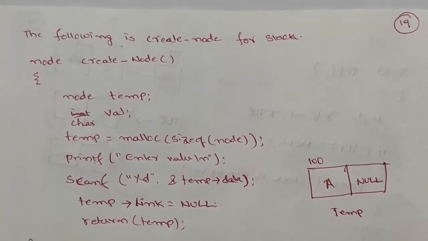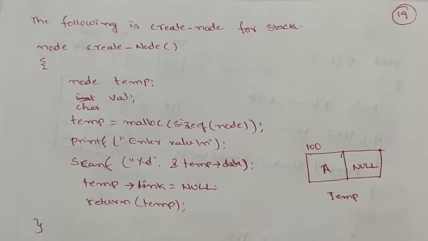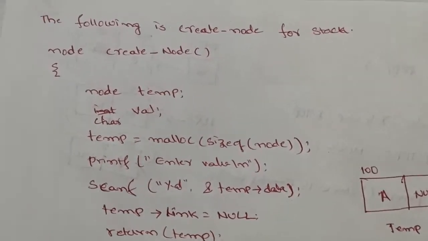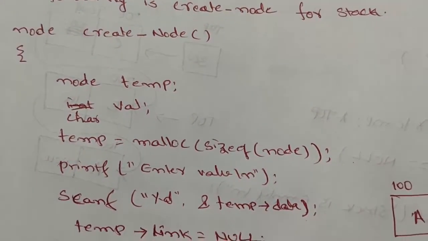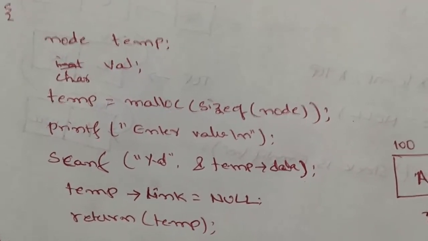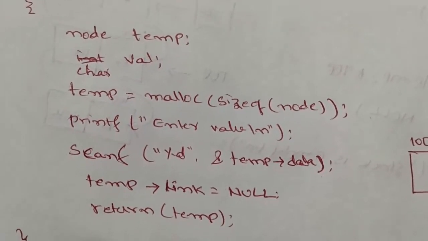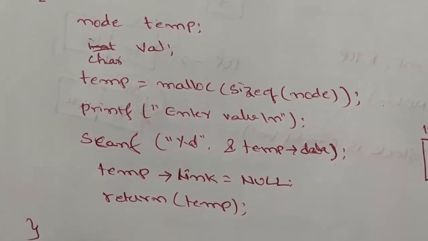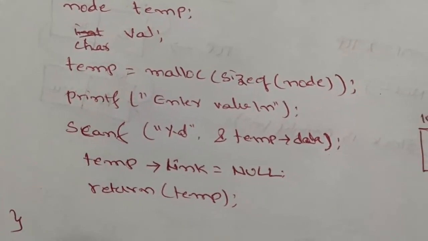My dear friends, now I am going to create a stack node, or simply a node within the linked list, which is to be added as one of the locations within the stack. To create the stack node, I am writing the function create node. It returns the value node. So here I am considering one variable temp. Temp is a temporary variable of the node type, and I store the character type value in the data part of the node. Hence I am creating a variable of character type.